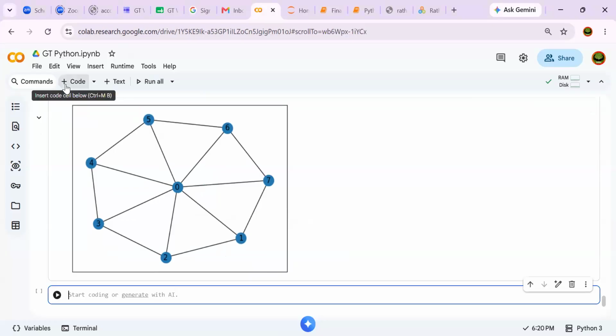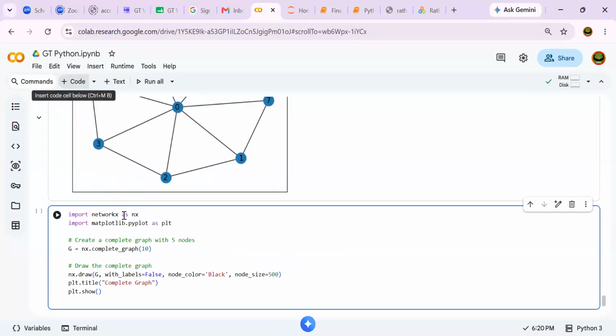We need to use matplotlib. Matplotlib is another library, and this library will be helpful to